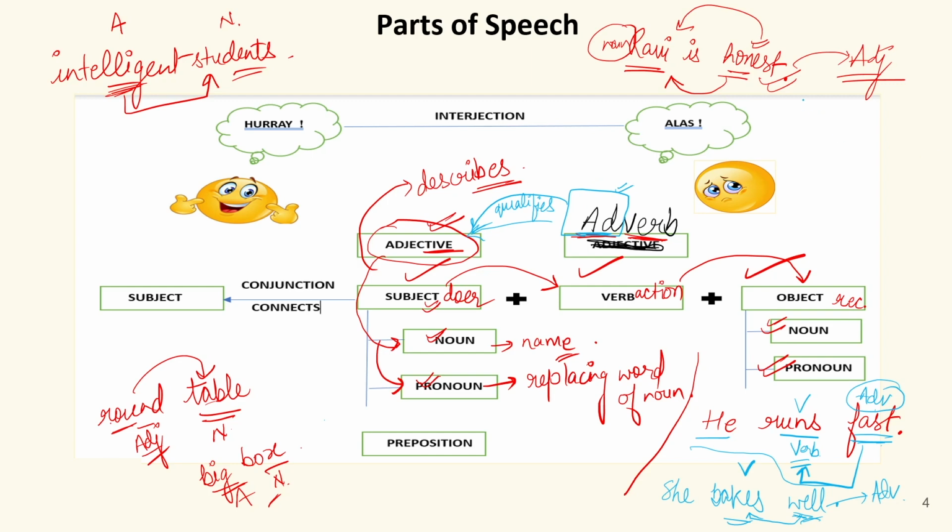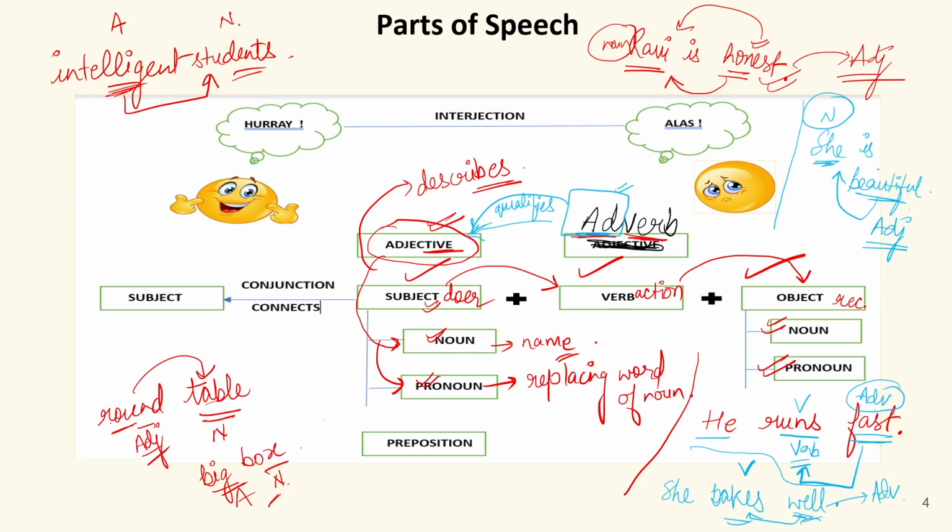For example, if I say she is beautiful, now we have a sentence that she is beautiful. So how is she? She is beautiful. Now she is a noun. The word beautiful is telling us the quality of she. So what is beautiful? Beautiful is an adjective which is telling us the quality of she. She is a pronoun or a subject. Here beautiful is an adjective.